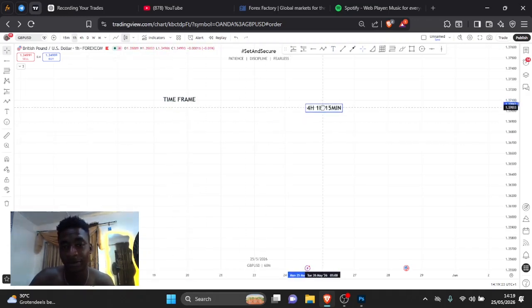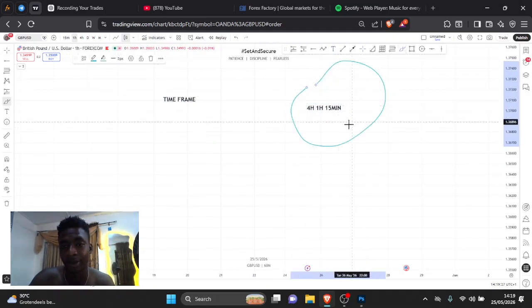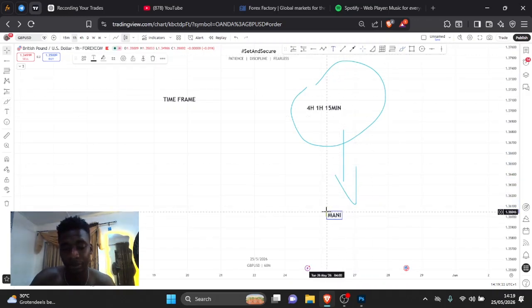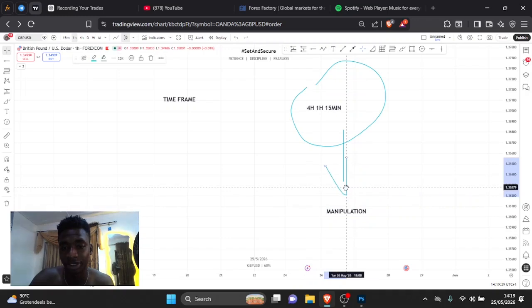These are the 3 time frames I use. Now, reason being is this: market hardly has manipulation using these time frames. Manipulation rarely occurs using these time frames, but you can see more of